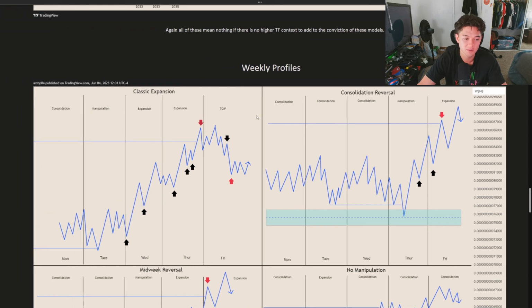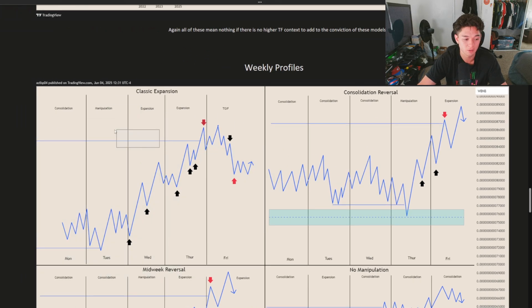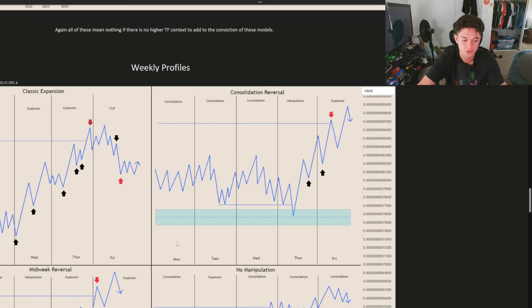Then we have this is my favorite. This is what I want to be seeing most of the time: clear manipulation, expansion, rebalance. This will be the best trades I take are in this model. We then have consolidation, reversal. This one's a little bit ugly, but it is tradable. So I'm looking for if we have Monday,